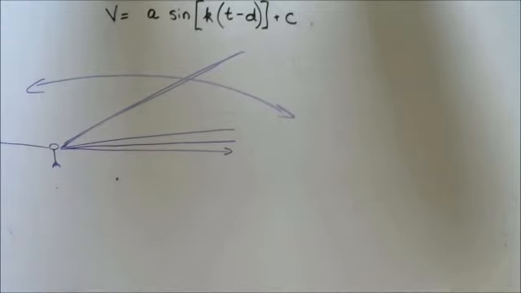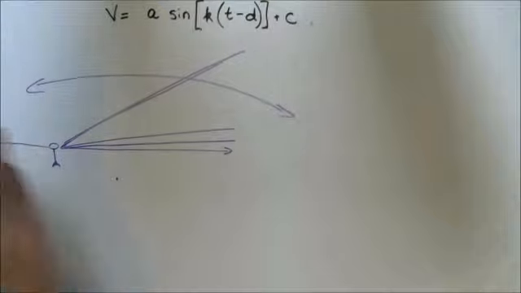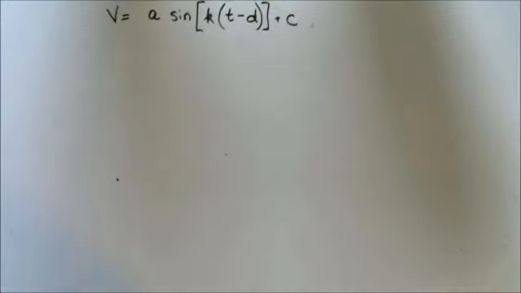Anyway, that's what's happening. You have a table of values in front of you that relates the time of day after midnight to the angle at which you would see the sun in relationship to the horizon. So we are going to use the table to determine a sinusoidal model for the angle of the sun above the horizon. Again, we're going to get the parameters a and k, but then we're also going to notice that